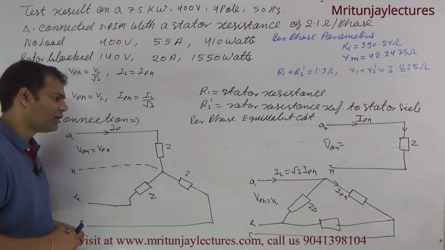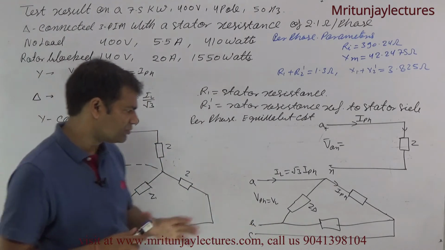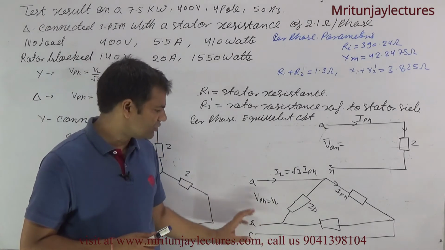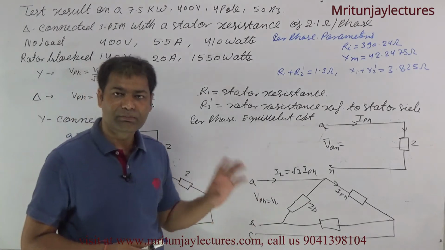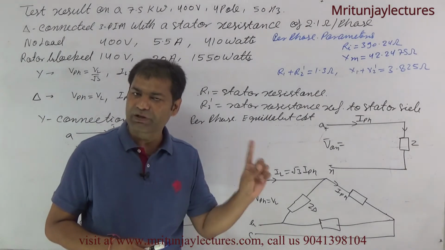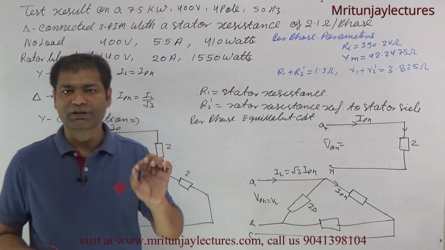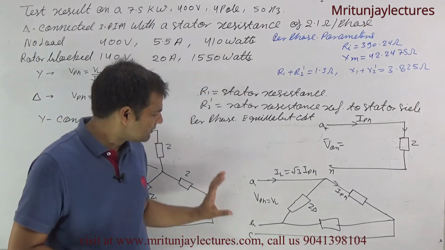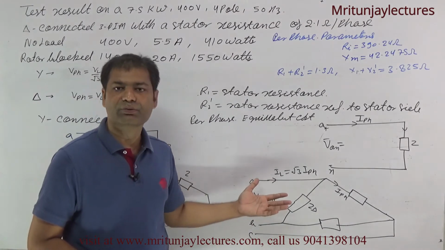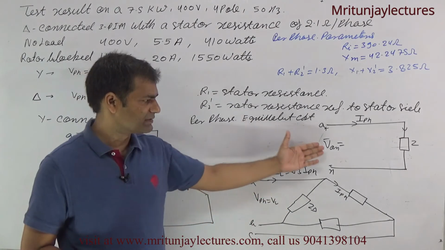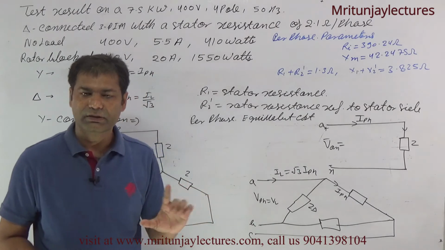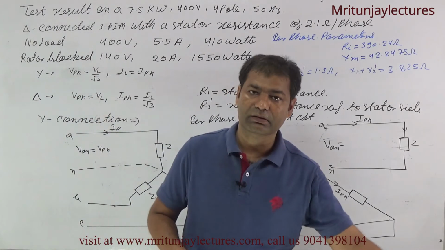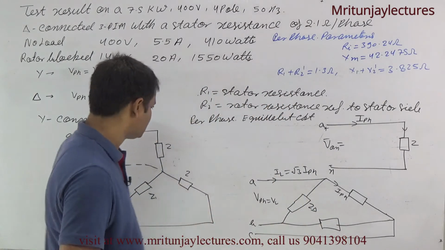Now how to make it? Is it also possible to make per phase equivalent in delta? No. Why? Because per phase voltage is available here, per phase current is also here, but neutral is not there. That's why we have not converted it into the per phase equivalent circuit of the delta. Clear? So how to make it? If you convert it in star,